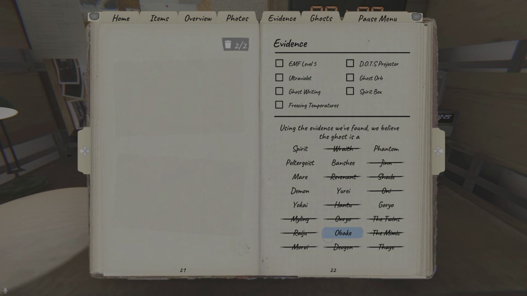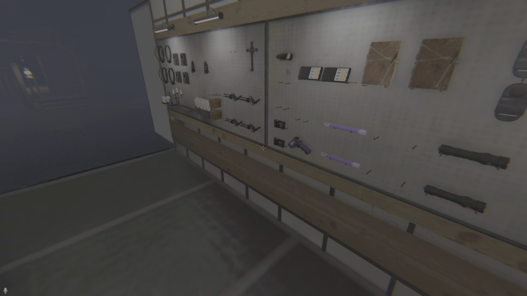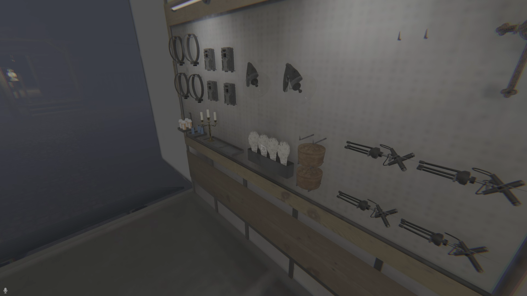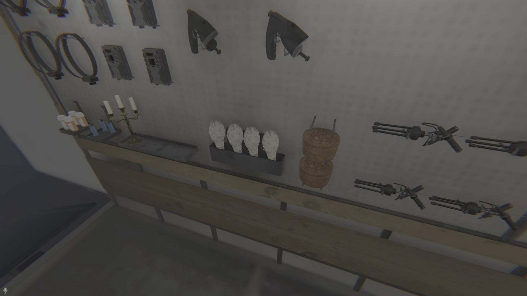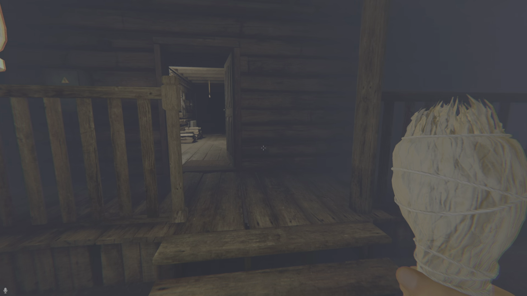So Spirit, Phantom, Poltergeist, Banshee, Mare, Demon, Yurei, Yokai, Goryo, Obake. I could actually rule out Demon, because a Demon would have hunted sooner than that. I know a Demon very, very well also when it comes to those sorts of things and its realm of knowledge and stuff like that. So